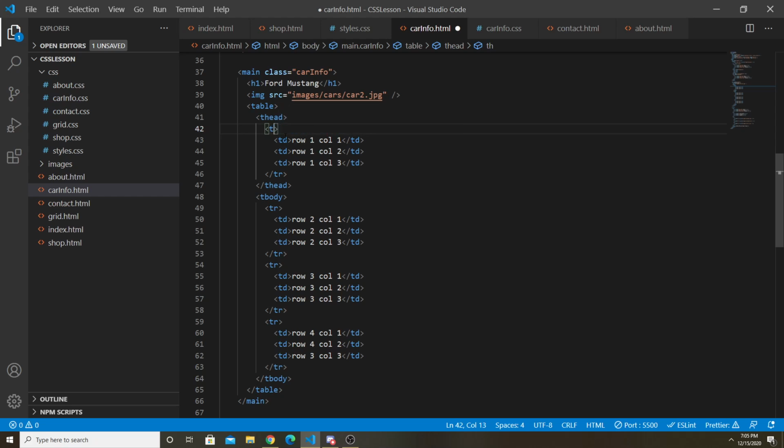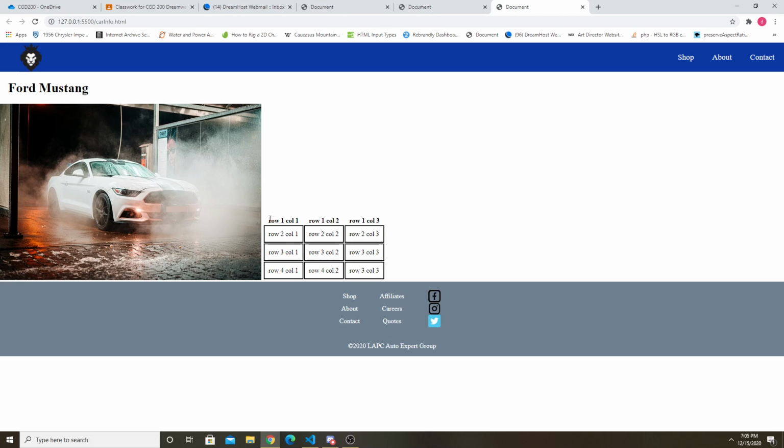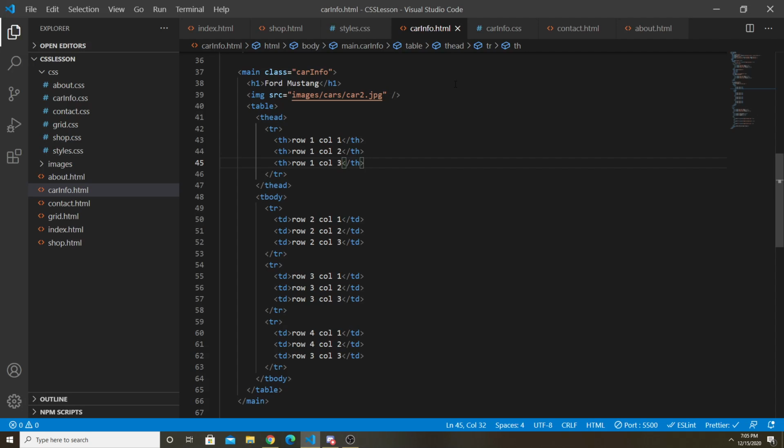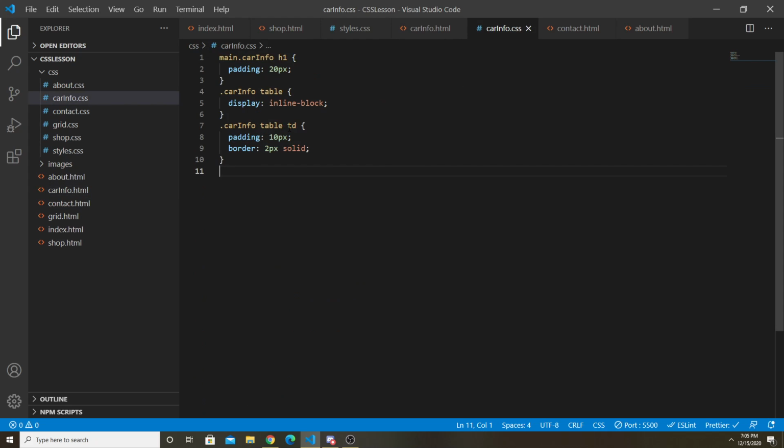Or sorry, don't change the tr. The tds would have to change to th. I think, yeah. Then that would make it bold, see. But it lost its border because I only put the padding and the border on the TD. But I'll just put a comma here and say